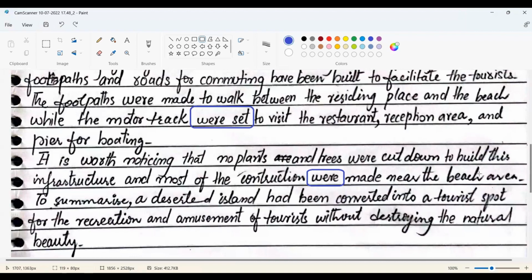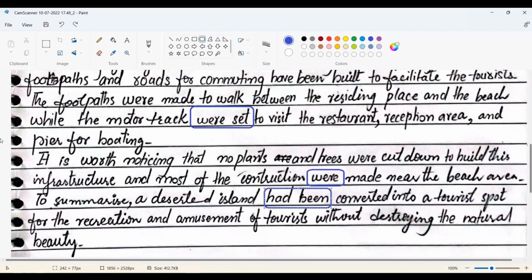To summarize, a deserted island had been converted into a tourist spot. Again, "had been," we will say "was converted" into a tourist spot for the recreation and amusement of tourists